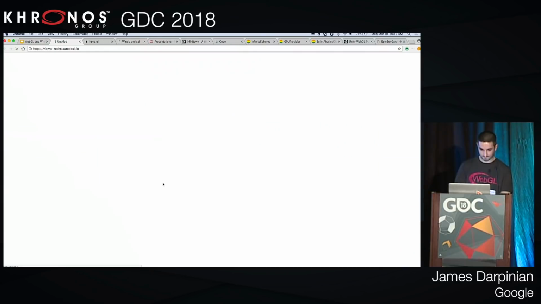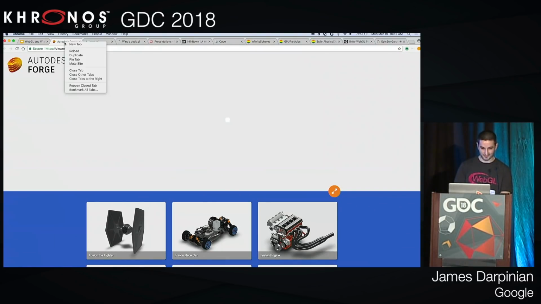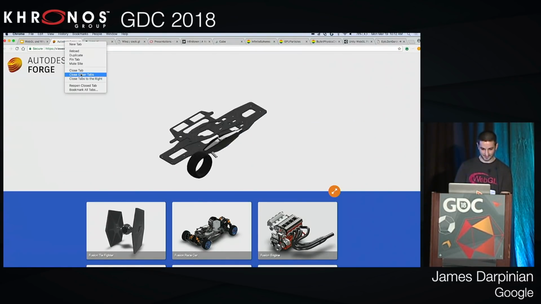Forge. What's the other tabs? Yeah. I had all these loaded in the other instance, but